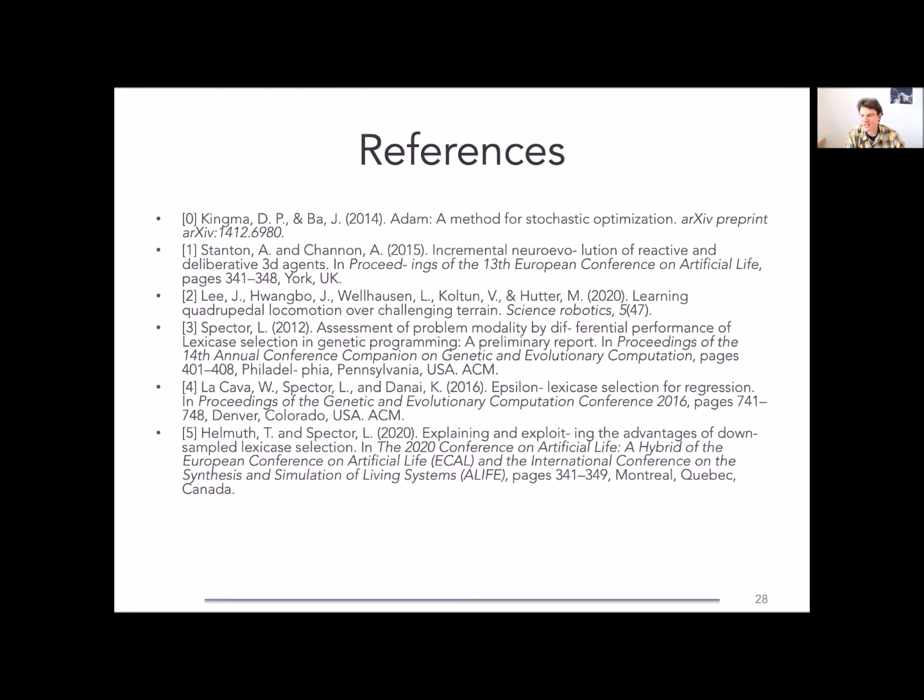Maybe I can ask a clarification question. So the controller was a closed loop controller with recurrencies, or just feed forward? Just feed forward in this case. It was feed forward in the neural network, but the outputs of the neural network went into the robot. We took the joint angles out of the robot and fed that back to the input of the neural network. So within the neural network, no recurrence, but we were feeding back the responses of the joints themselves in the robot back into the neural network. Yeah, so it's like closed loop control.